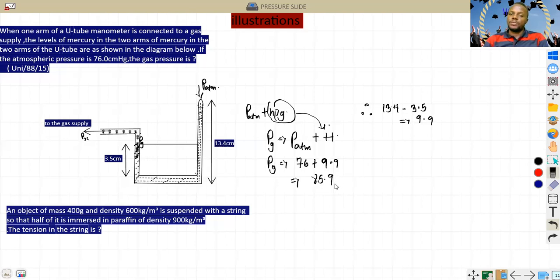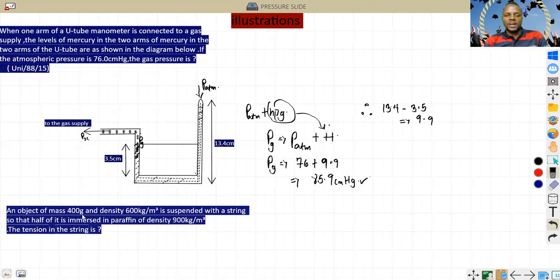So please put that at the back of your mind. And that is how we solve questions like this. I hope you understand what I have explained, because you need to get it. Though we've done the concept under the manometer, now it's just for us to understand how to do it. Then the last question for this illustration video is